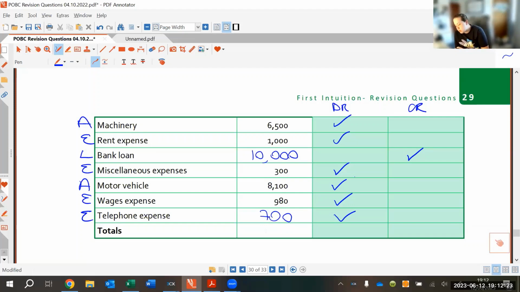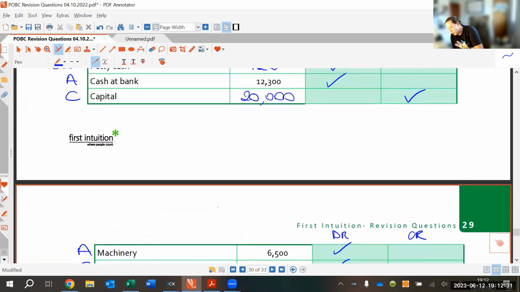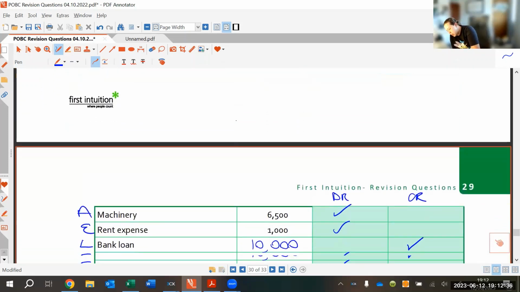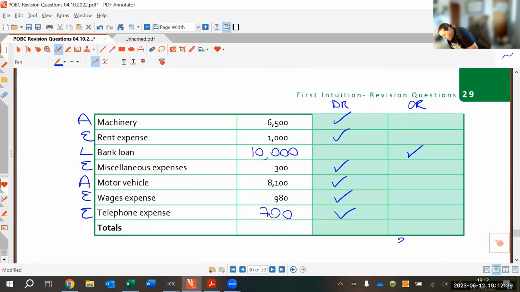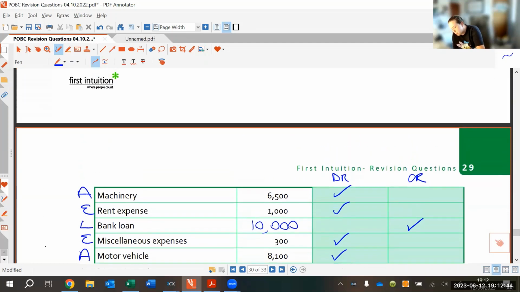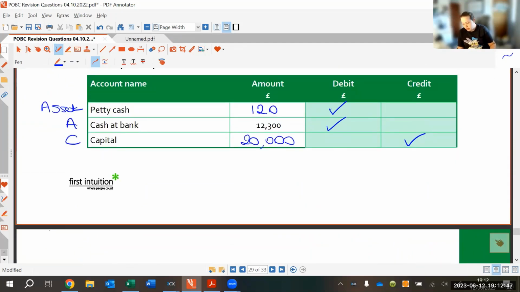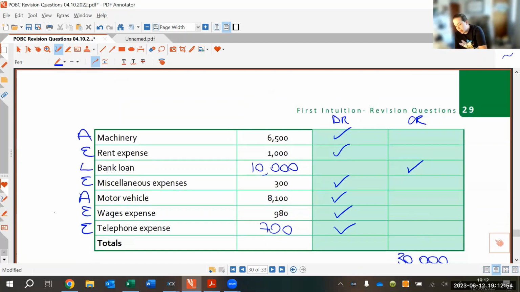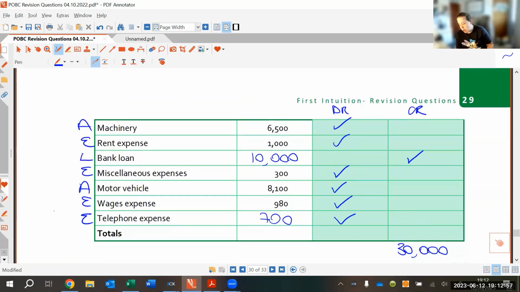It doesn't necessarily ask you to total it up on this, but I would do just to make sure that you've got your debits and credits sort of all in a row. We've actually only got two credit entries. We've got the 20,000 of capital and the 10,000 of bank loan. So our credit side should come to 30,000. So does our debit side come to 30,000? Got 120 of petty cash. This can be a check for you, even if they don't ask for it, just to check that you've got everything put in the right place and make sure that your trial balance balances. Out of these expenses,